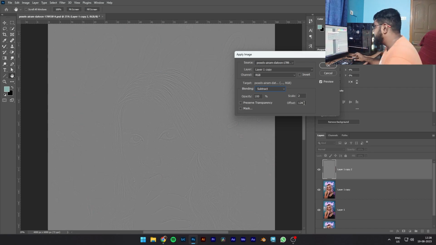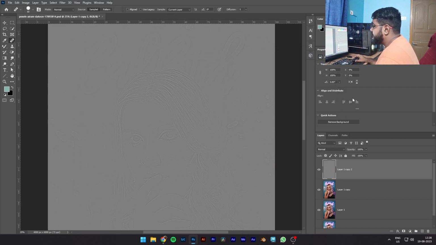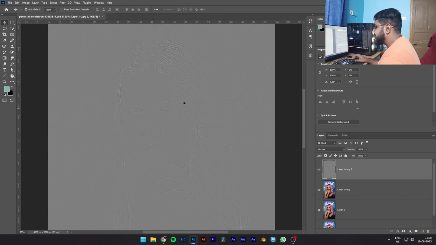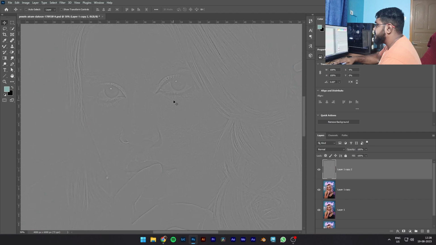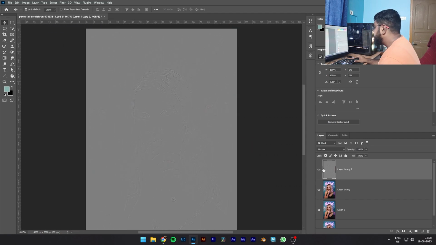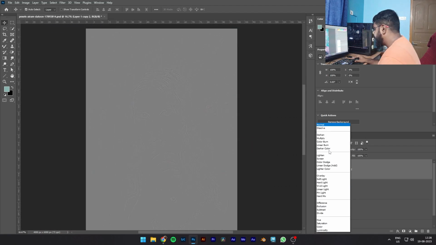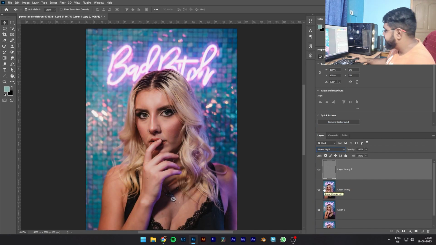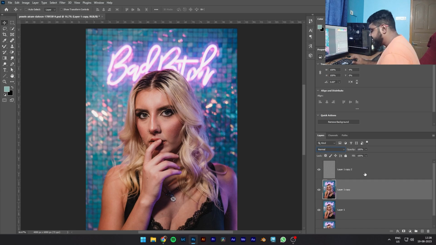Got it? Let's go. What you will get from this is actually an image that looks something like this. You can see the eyes and some other details, but it's mostly gray. Then we're going to go to the blend mode and we're going to pick linear light, which gets rid of the neutral gray. Now, if you group these 2 layers,